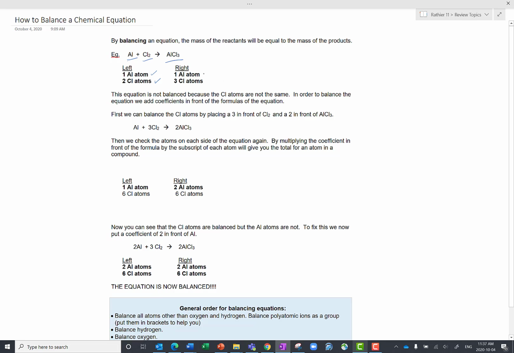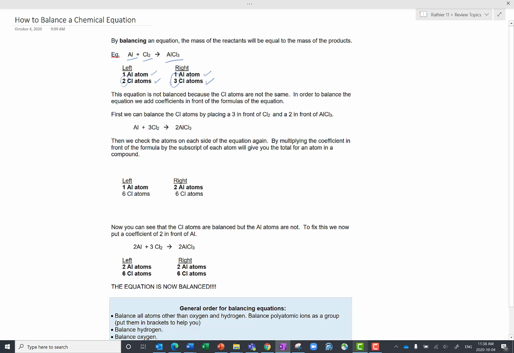Whereas on the right-hand side, I have 1 aluminum atom and 3 chlorine atoms. So my skeleton equation is not balanced. Now what we need to do here is think about, what is our common multiple? Like, what can we do to make these two